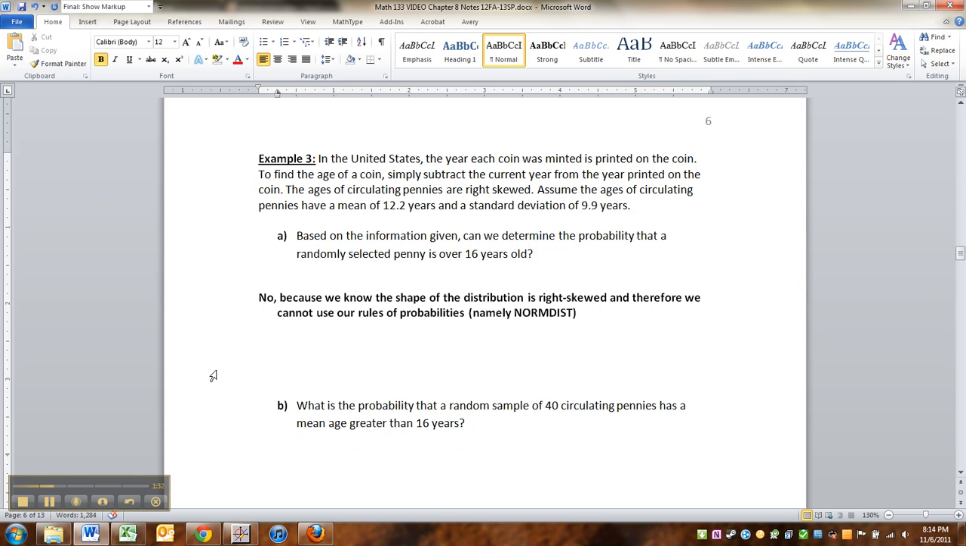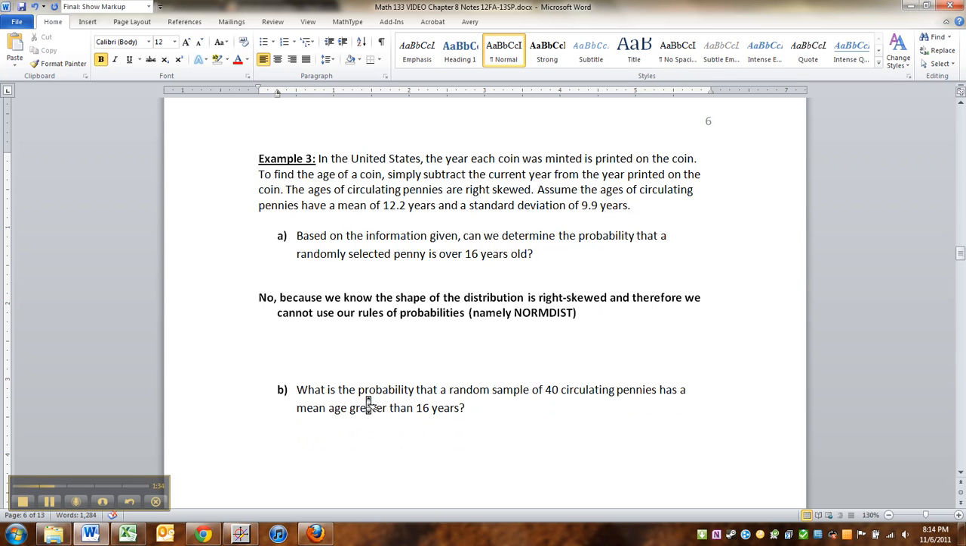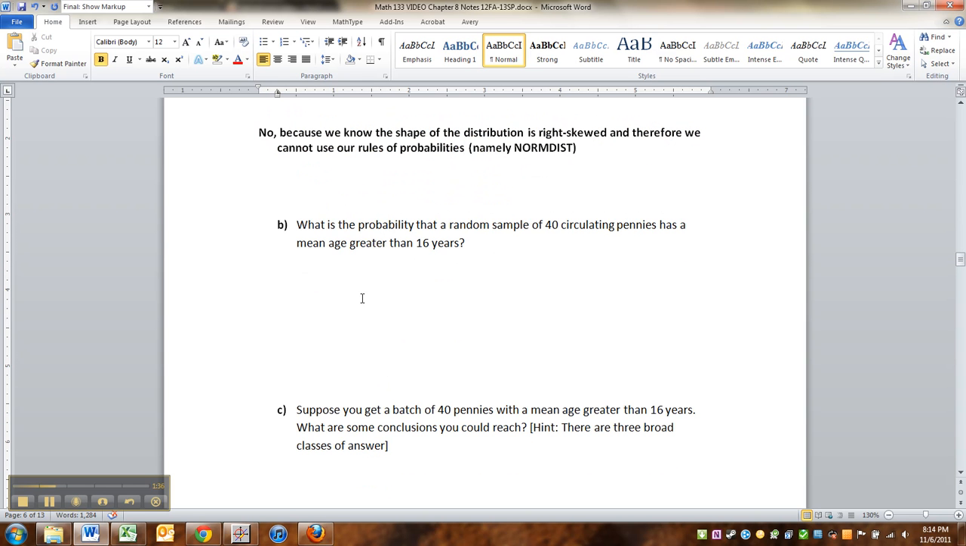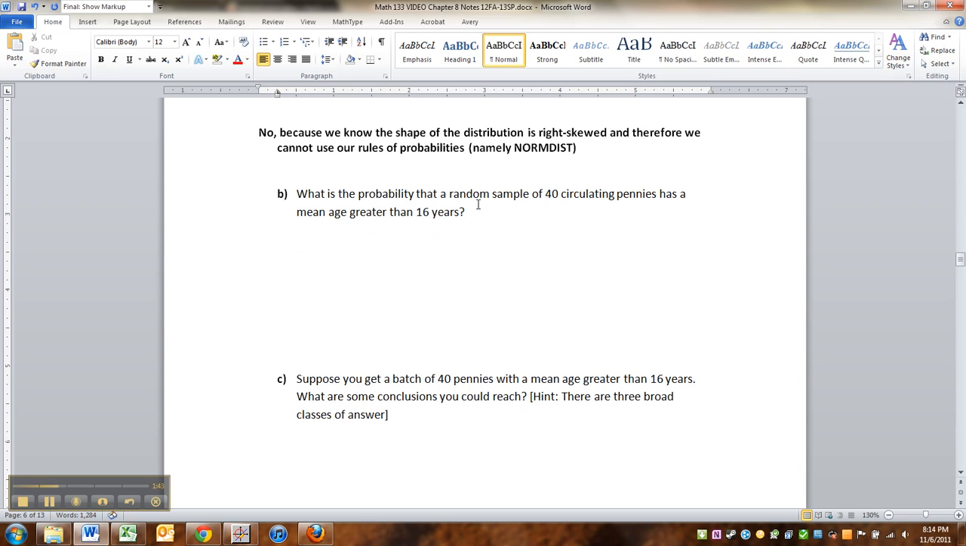All right, what is the probability that a random sample of 40 circulating pennies has a mean age greater than 16 years? But it's okay. This isn't talking about a single penny anymore. This is talking about 40 pennies. So let's just think about that for a second. Since it's 40 pennies, now we know the shape